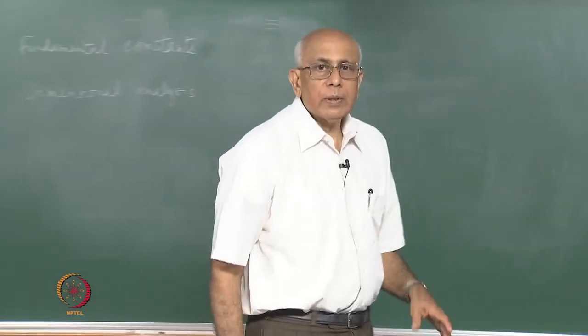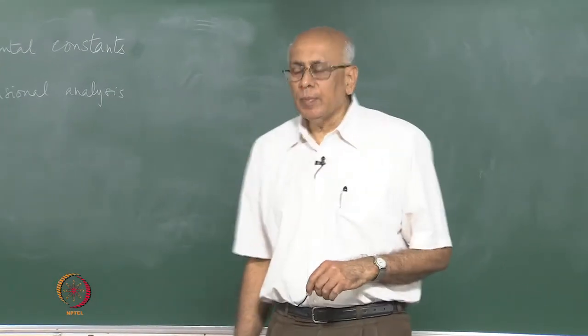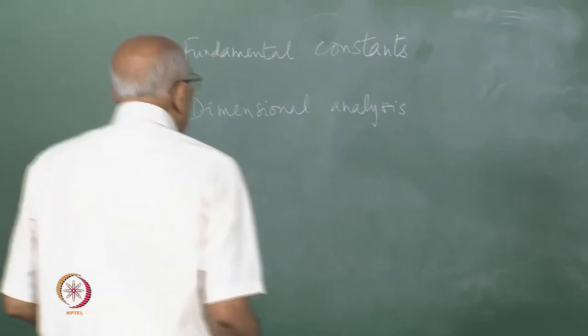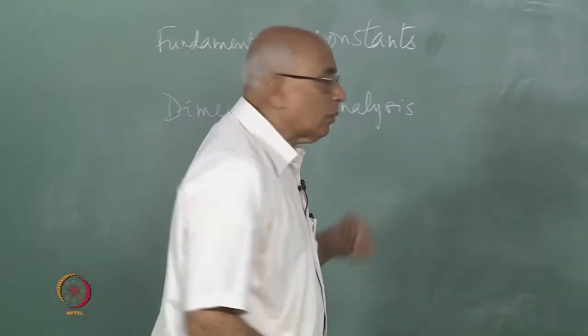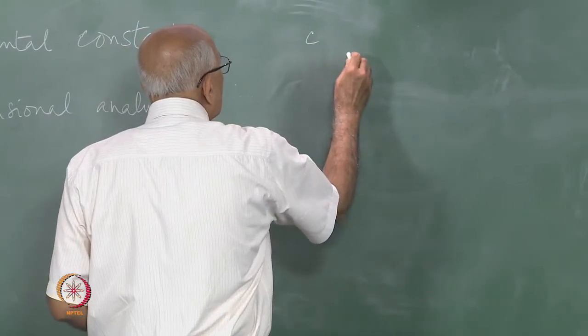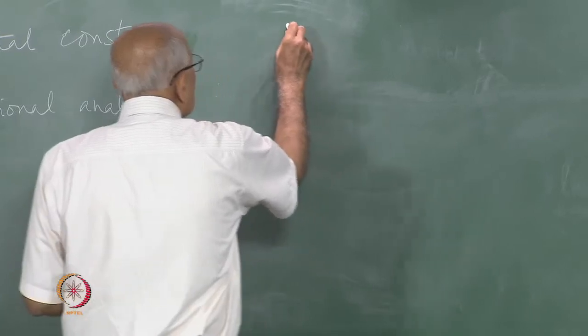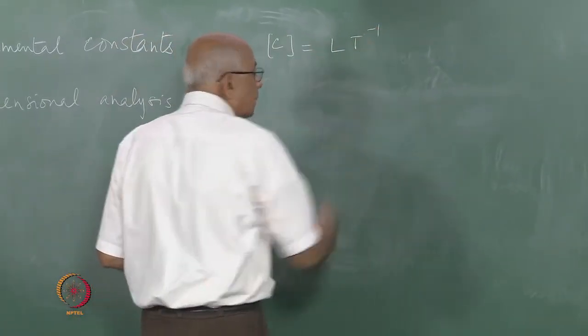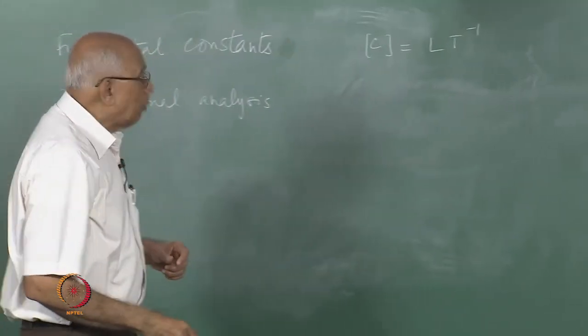So let us begin today with where we left off last time. I had started talking about the fundamental constants of nature, and we listed 3 of them to start with. The first was the speed of light in vacuum, denoted by c, and recall that the physical dimensions of c was that of a speed, L t inverse, then